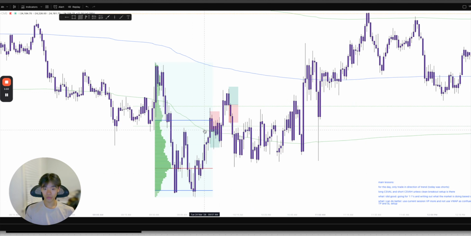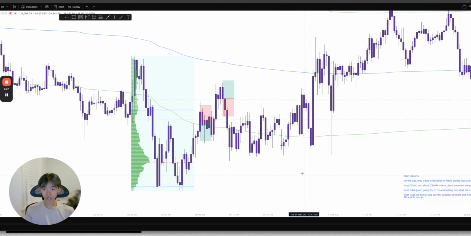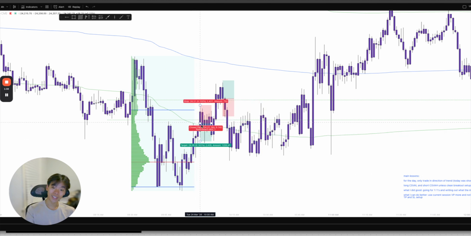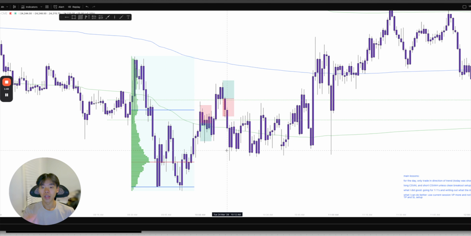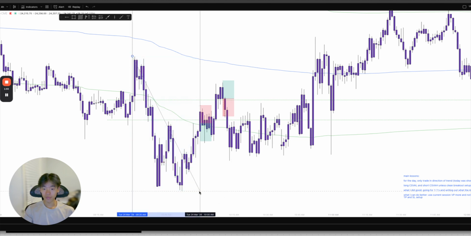So what I was looking for right here was this moment in time. I was looking to short at this section right here at VWAP band 1 as well as overnight value area low, and go for a quick 1-to-1 just like that. But I was looking at a different chart, so I didn't get that opportunity. So I was like, okay, let me just go in again if it hits this VWAP band 1 and overnight value area low again. But obviously I did that, but the issue with that was as it got closer here,